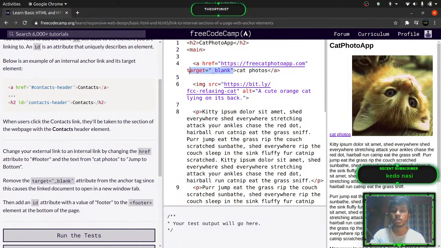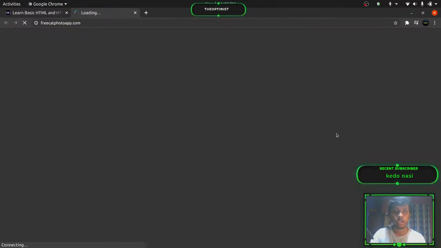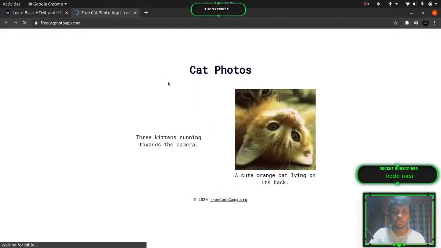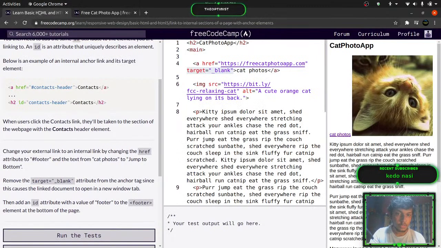So what target underscore blank actually does is it just opens a web page in a new tab. So if you didn't do this and clicked on this, the website will pop open right over here, and you'll leave this website. But if you add target underscore blank and click over here, the website opens in a new page. Also, cat photos. All right,